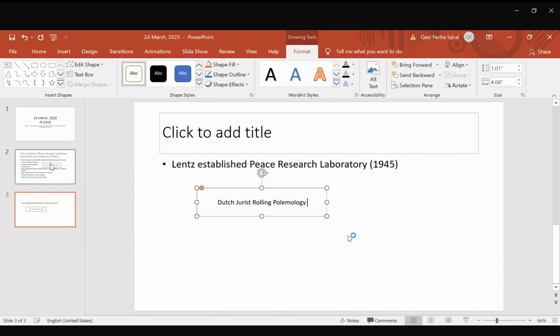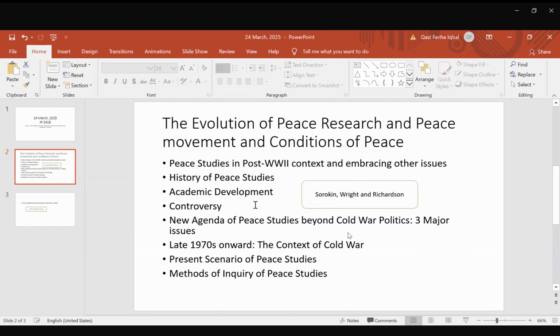So in the middle of this academic development, certain controversies arose between the peace researchers and the realist scholars of international relations. In the early 1960s, the realist school of international relations started to say that the failure of the League of Nations and the intensity of ideological division between Western liberal democracies and the totalitarian systems of the Soviet bloc provided an urgent need to undertake research.